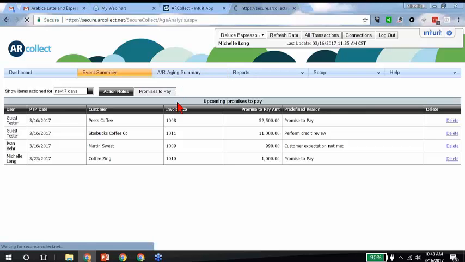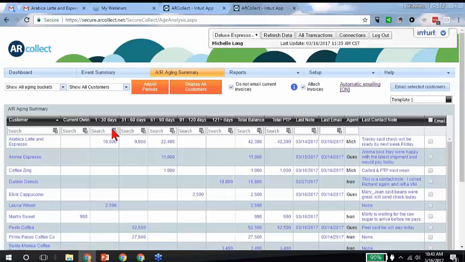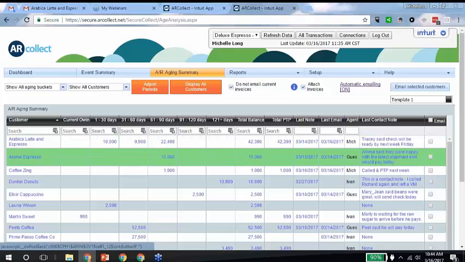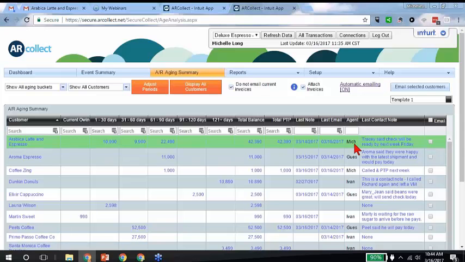Also under your aging summary, at a glance, you not only see the buckets for how overdue they are, their total balance. Right here you see their promises to pay. What have they committed to pay? What's the last note date, the last email that you've sent out, and what agent is it, and the last contact note. So especially for clients with lots and lots of invoices and collections, they may have 3 or 4 agents